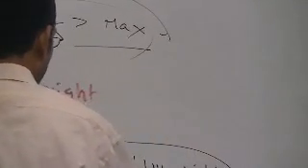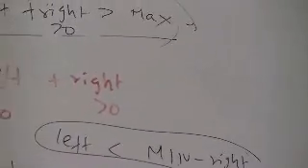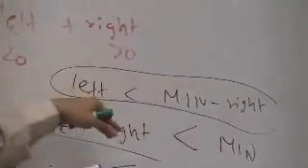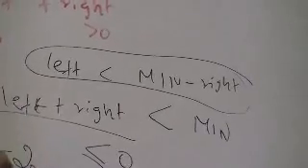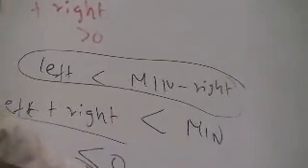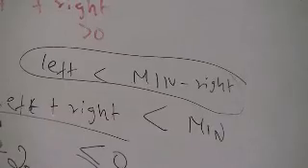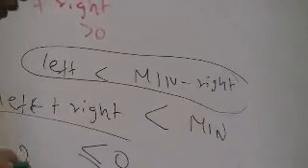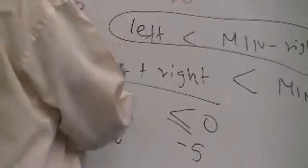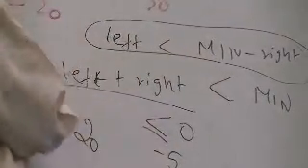You see the reason why you are doing this? In the second case, we don't want left plus right to be less than the minimum because right is less than or equal to 0. When you're adding something negative to a number, it's only going to reduce it further. If you're adding negative 20 to negative 5, it's going to be negative 25. If you're adding negative 20 to 20, it's going to be less than 20. Left doesn't matter whether it is positive or negative. What matters is whether right is positive or negative. If right is negative, it's going to only reduce left further. If right is positive, it's going to increase left further.